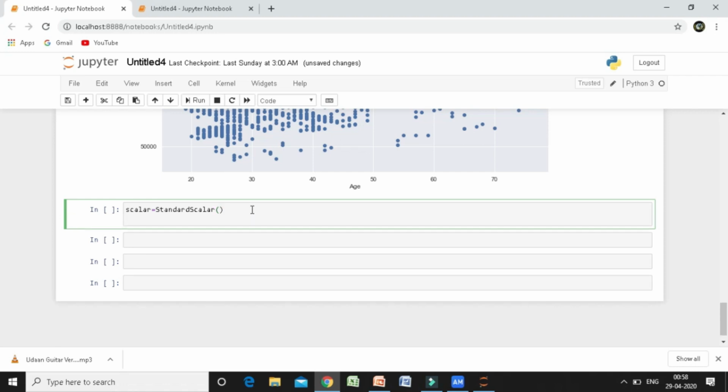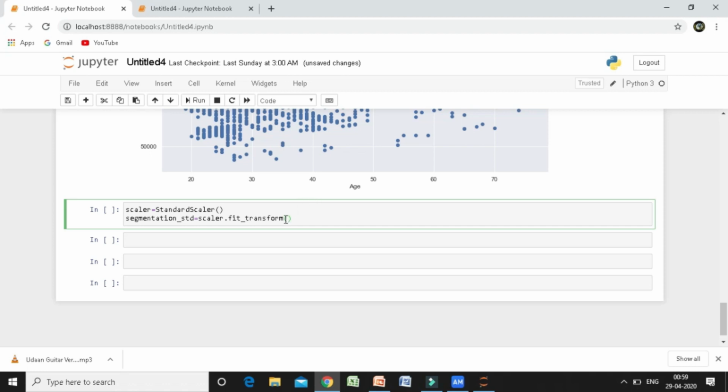As you already know, after standardizing we will get standard data, so we will create one more variable, segmentation_std, because we will get standard data after this. Since this instance already has our function, we will call one more function with a dot, fit_transform.